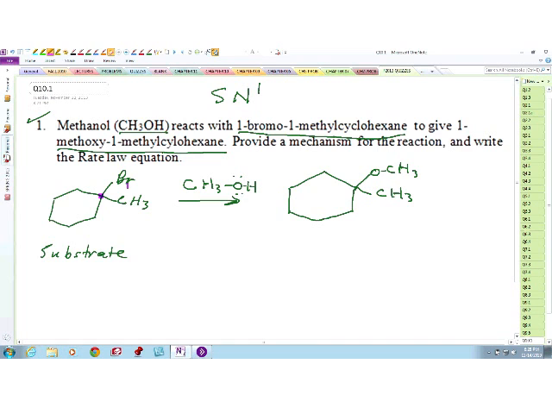Okay, so the unique feature of an SN1 reaction is that the reaction mechanism must go through the formation of a carbocation. That is the unique feature of an SN1 reaction. So therefore, if we have to write the mechanism for this,